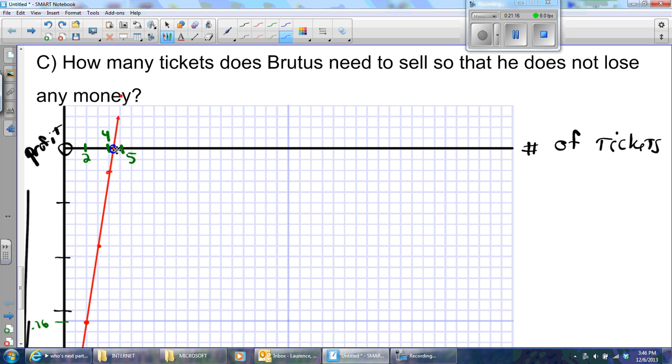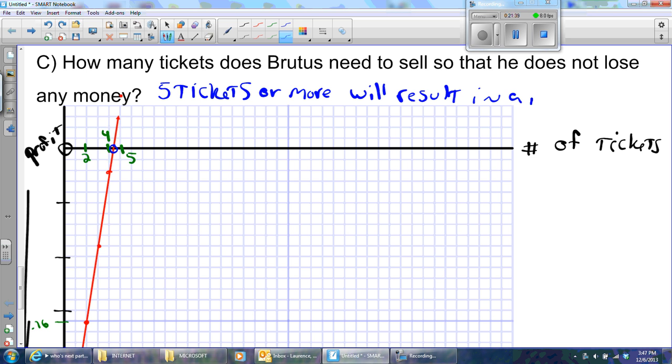All I have to do is look at the graph and realize that as soon as he sells 5 tickets, he has a profit. It's a small profit, but it's a profit. 5 tickets or more will result